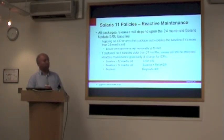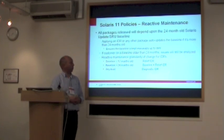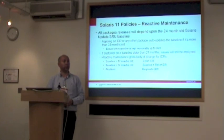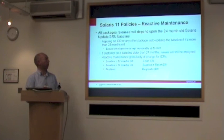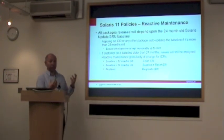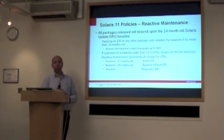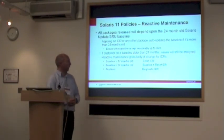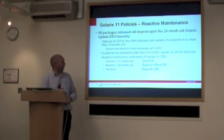So what we will do with IDRs is, once we get another year hence, and we're 24 months after Solaris 11 shipped, we'll start adding a dependency to the IDRs. And that dependency will be on the 24-month-old SRU, 24-month-old entire. And that will drag the system up, kicking and screaming, to at least within 24 months of current. And that simply is, we believe, the right thing to do with customers so that we're not investigating issues that we fixed 4 years ago. That's no good for the customers, no good for us. So basically, if